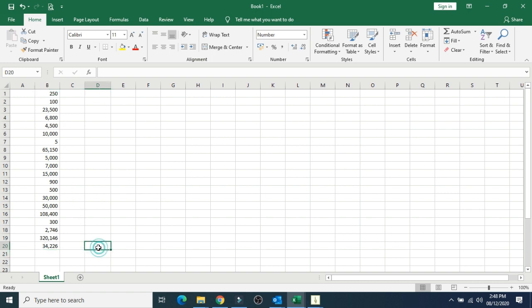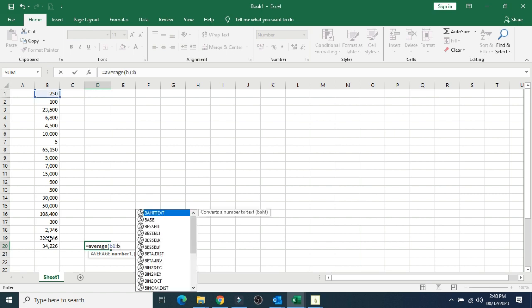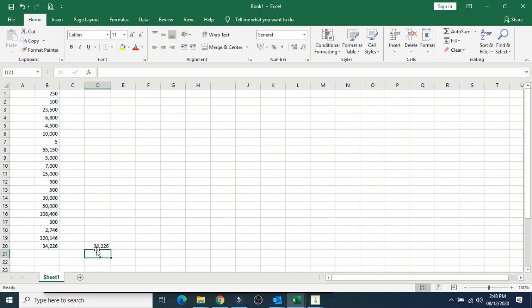And you can do the same by typing, press equals average bracket start, and select B1 colon B19, bracket close, enter. Okay, now the third one.